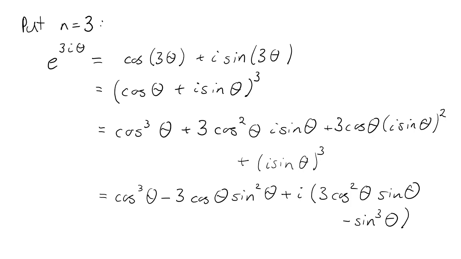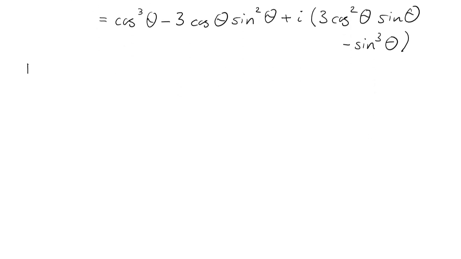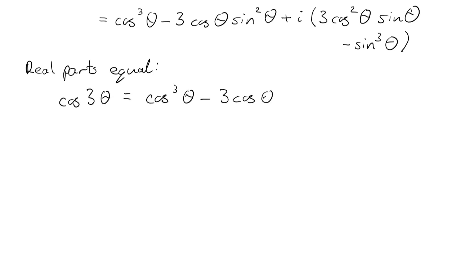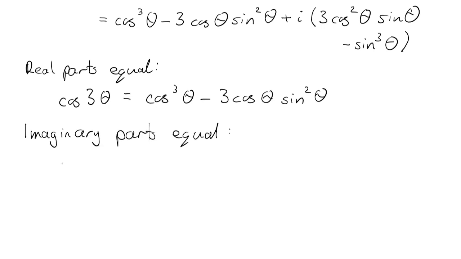Now I can equate real and imaginary parts. Setting the real parts equal gives me cos 3 theta equals cos cubed theta minus 3 cos theta sine squared theta. Setting the imaginary parts equal gives me sine 3 theta equals 3 cos squared theta sine theta minus sine cubed theta. So one complex identity gives me 2 real identities,